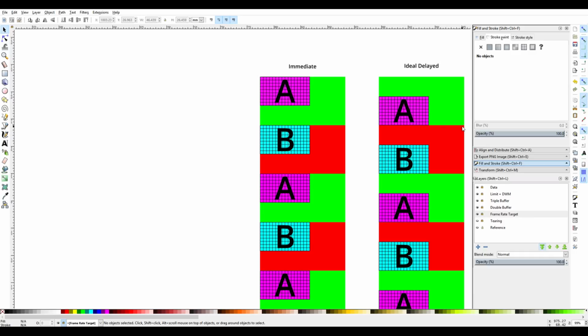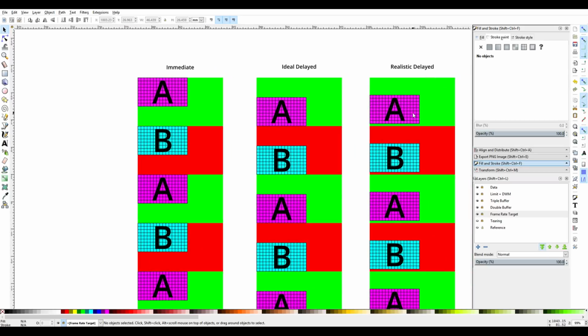Now this would be ideal delay, where the moment that frame is complete, the moment it is ready to be sent out, it is, because that would be right here. I just don't have that drawn here. But that's ideal. We don't live in an idealized world. We live in a real world, so they would actually pad this. Because it's paying attention to how fast I'm rendering. So, yeah, I figure this is going to take 10 milliseconds. It's 100 pixels tall, 10 milliseconds. So I'm going to pad it with another millisecond, because that way, just in case I'm off and it ends up taking 11 milliseconds, it's fine. The padding may be more than that, maybe less than that,